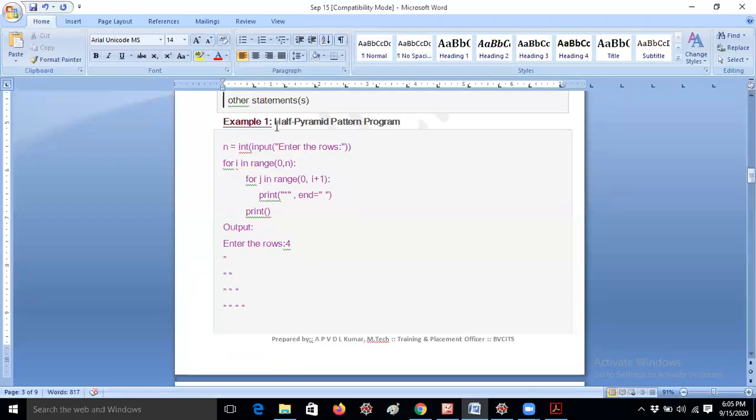Next, the half pyramid. Before going to what a half pyramid is, let me run this program first.